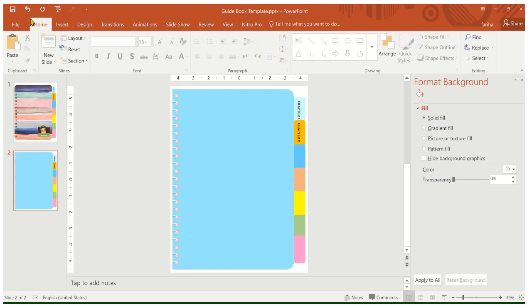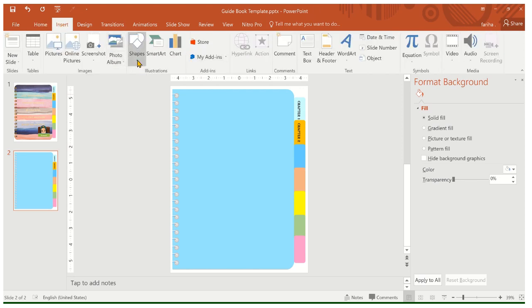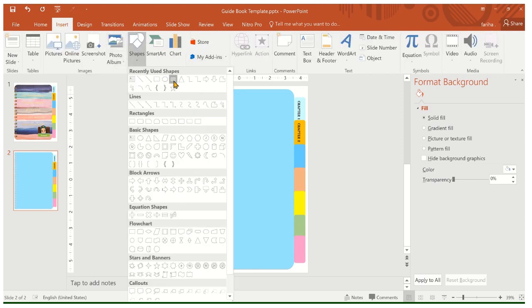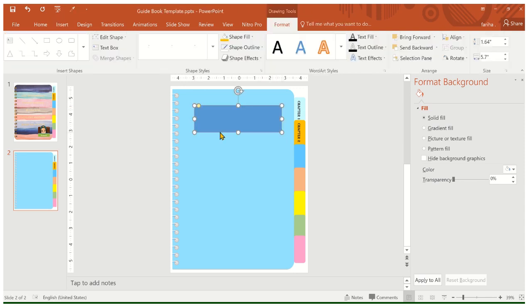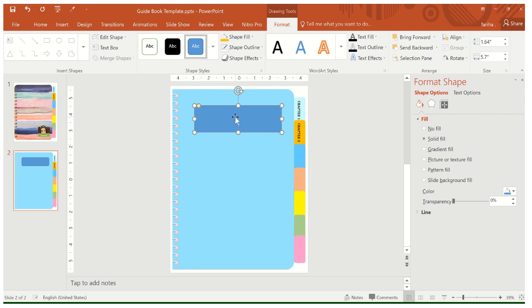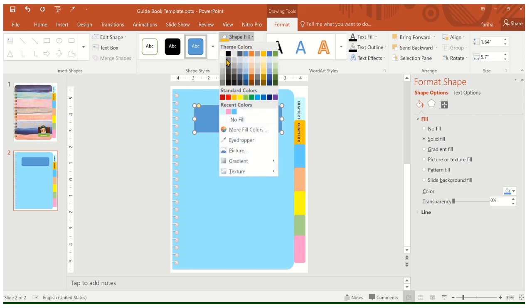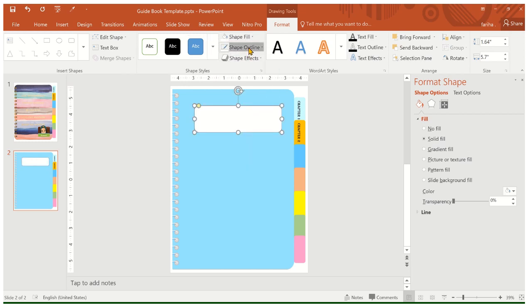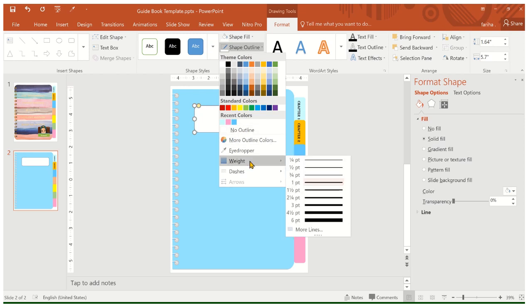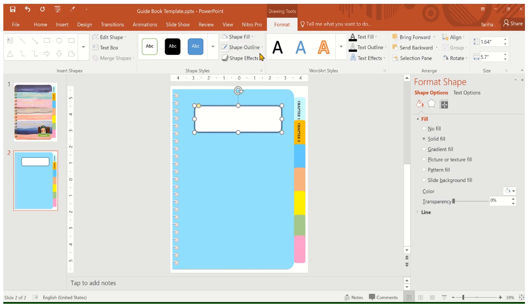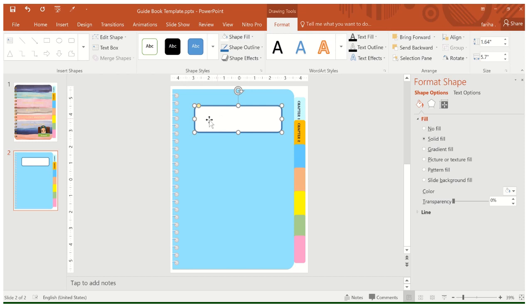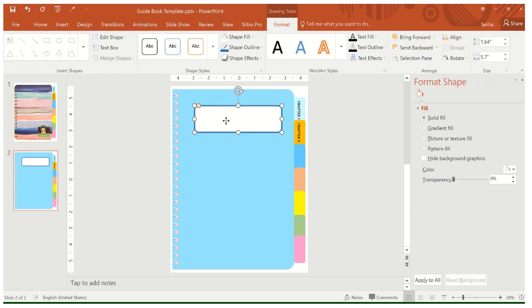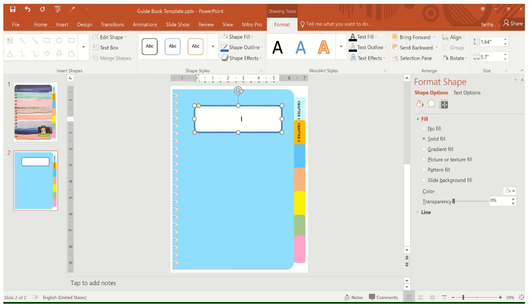Next thing was to prepare here. Click on insert, again click on shape, and I used this shape as much as I wanted because I like this round rectangular shape. And after clicking on that I used it as white, and after that shape outline. Now the weight of shape outline, I used this one to make it more prominent and obvious. So after that, this is the shape, and here you can write guide,